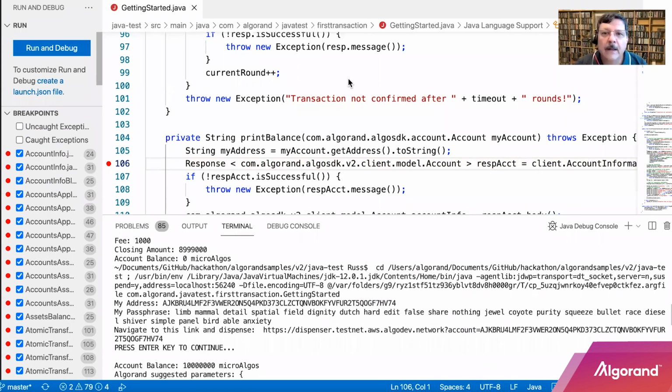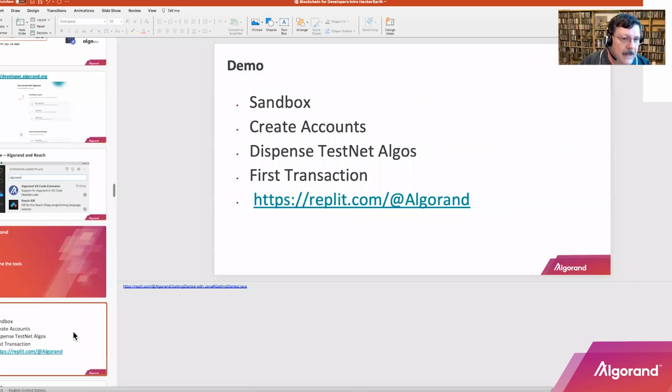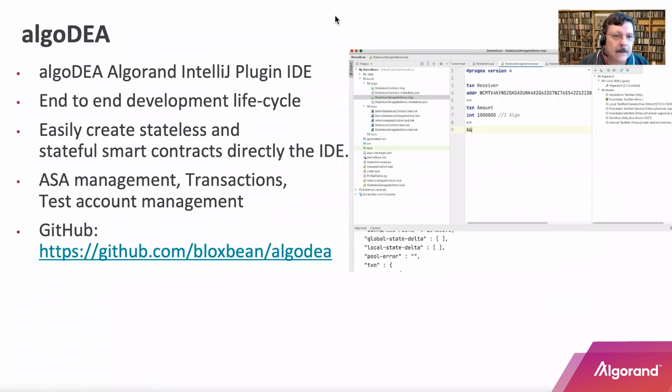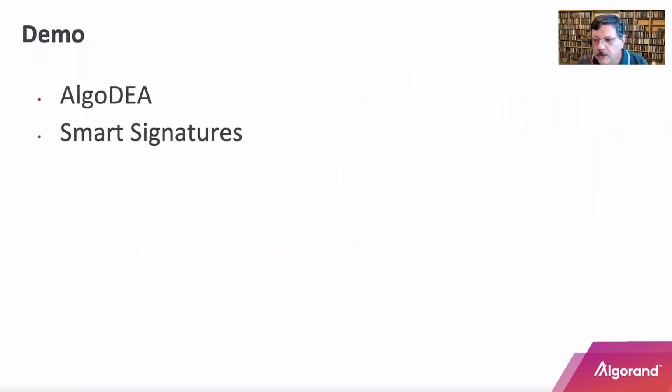Okay, so those were a few of the demos. Another one here is going to be Algorand, and Algorand is really a great tool. So let's go ahead and just hop right into it and show you the type of things you can do. We're going to show you smart signatures as part of this demo. I'm going to go ahead and bring up